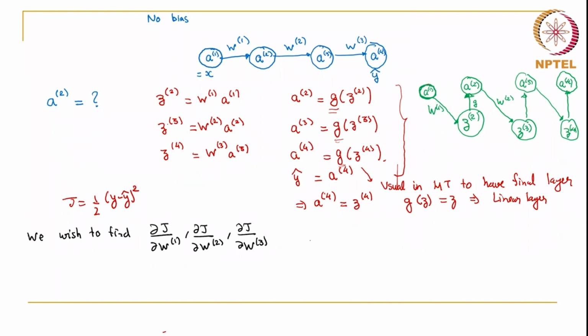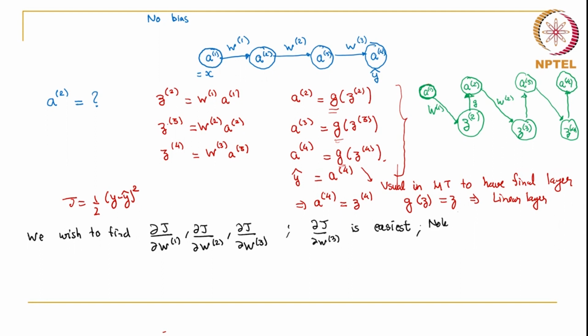So before we go to del J del W3, let's say we want to calculate del J del W3. We can all say this is the easiest. So the general sense that we will have is that it is easy to start from the end and go to the beginning and calculate each del J, del W, whatever we want. Okay, so that's what we are going to do, but I am going to do it in a slightly different way. What people usually calculate,